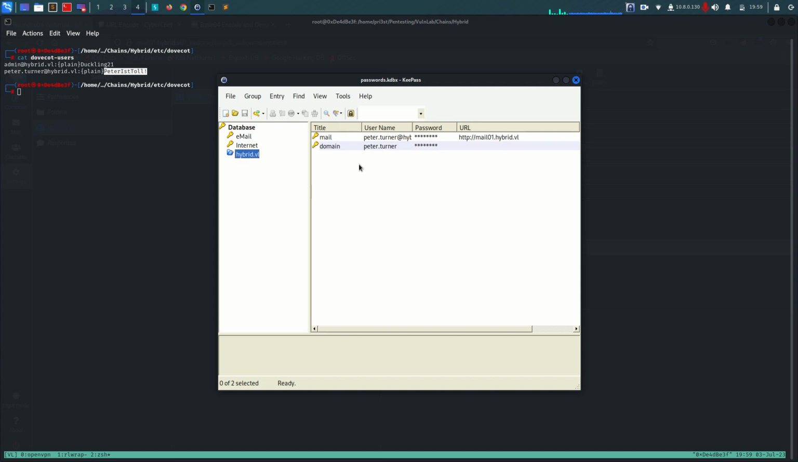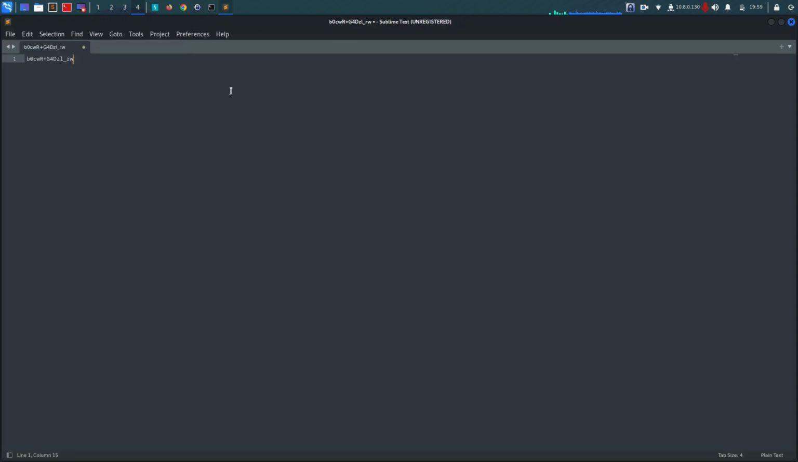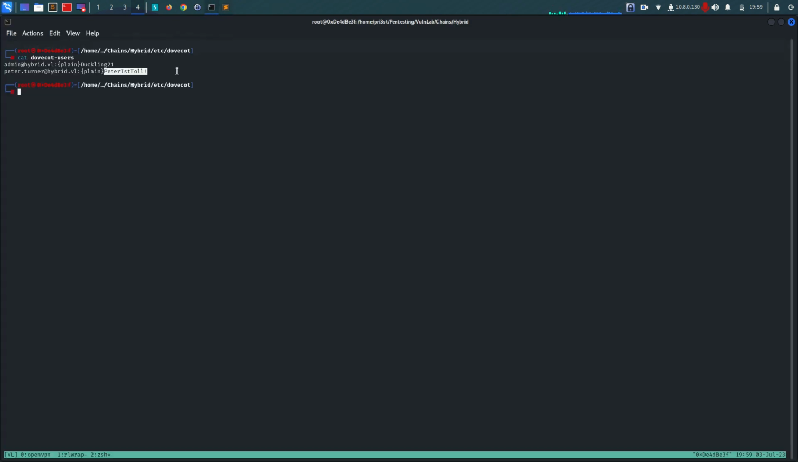So right now we can see that we have two sets of credentials. The first one is the mail, and the other one is used for the domain authentication. So if we copy this password, we can see that we have found Peter's password. So right now, if I go and try to